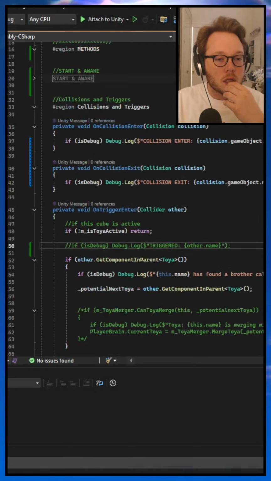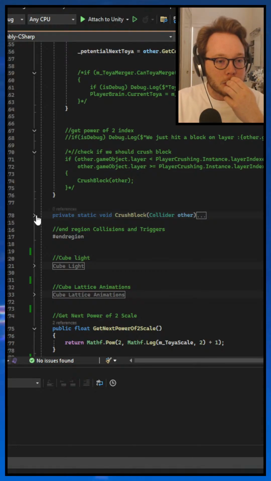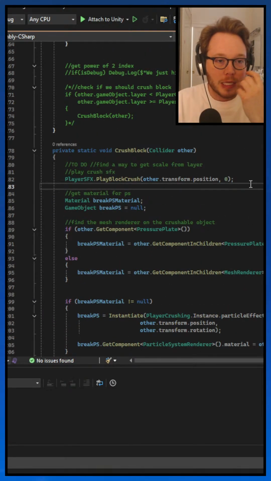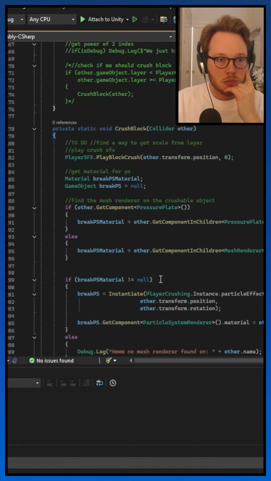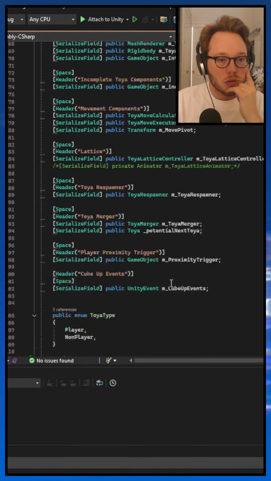Where was that then? Crush block. Oh, it's all here. And then it gets... Where is that stored?